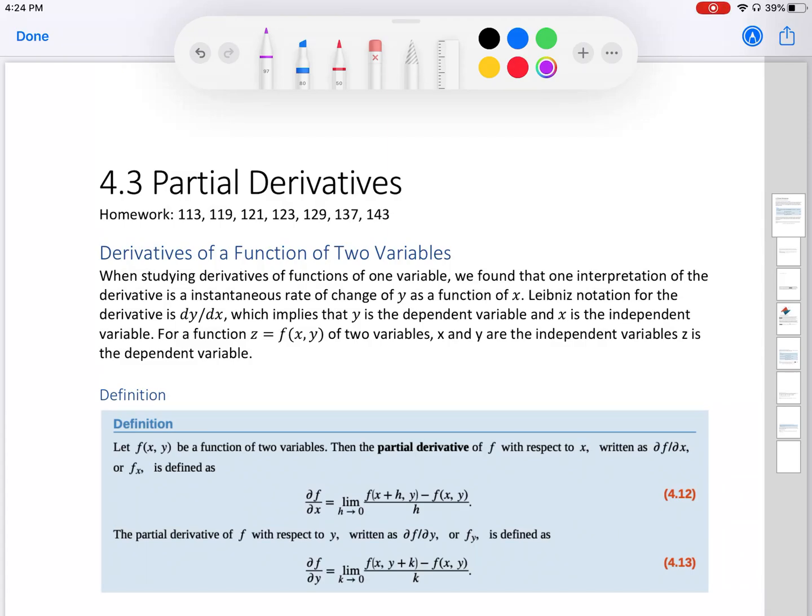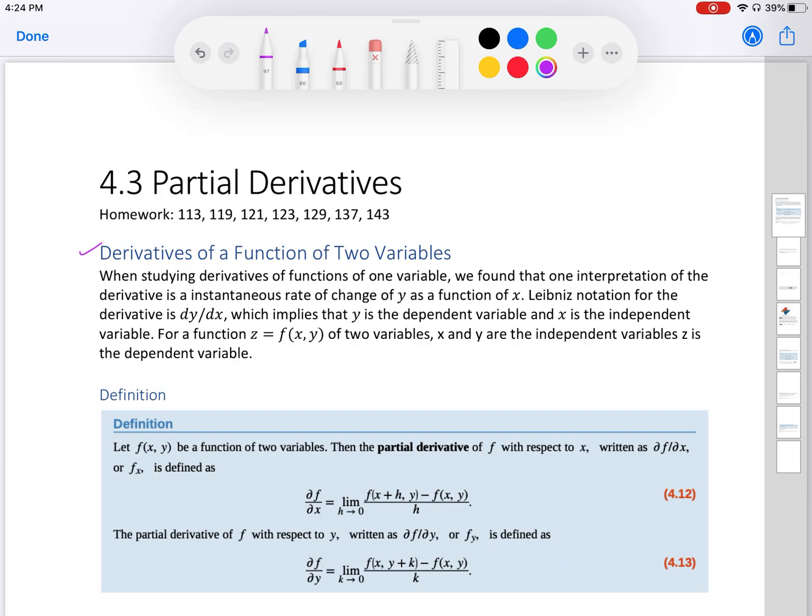Section 4.3, Partial Derivatives. To begin, let's talk about derivatives of a function of two variables. When studying derivatives of functions of one variable, we found that one interpretation of the derivative is an instantaneous rate of change of y as a function of x. Leibniz notation for the derivative is dy/dx, which implies that y is a dependent variable and x is independent